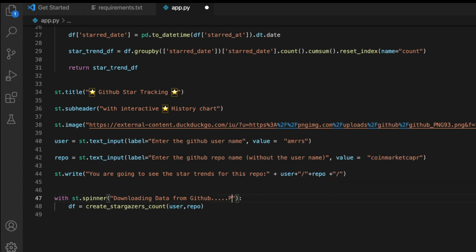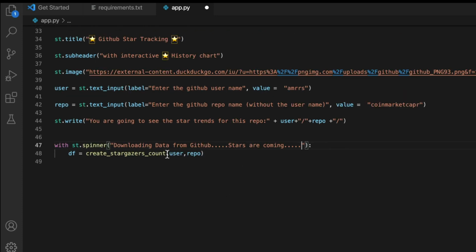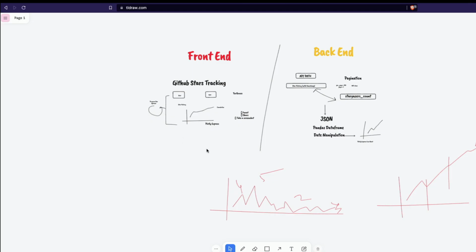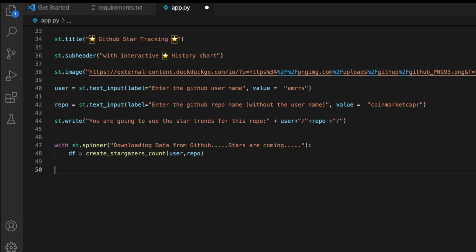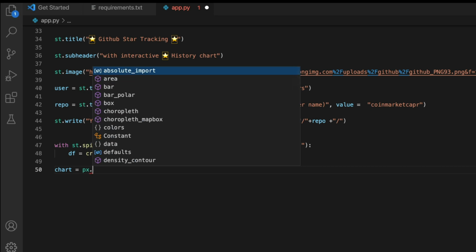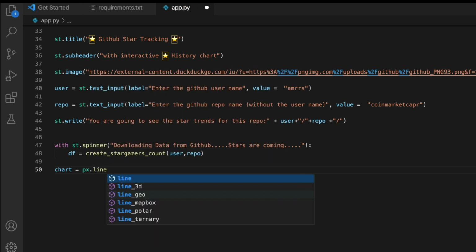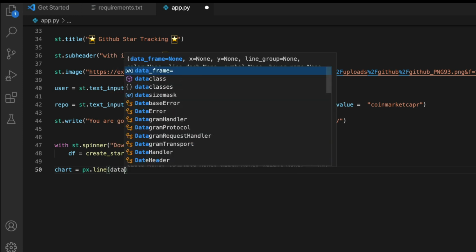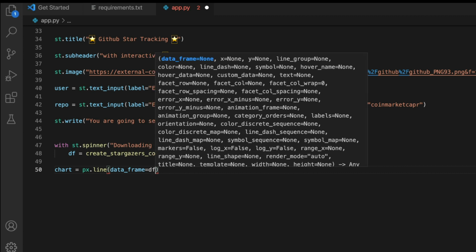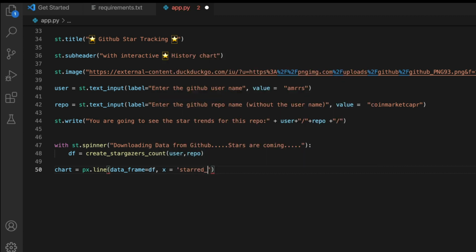And we can say please wait as well. We can say stars are coming. Okay, so now we have this message. So this part is done. The next part is we need to make a chart. I'm going to call it simply chart, and we're going to use plotly express dot line, and we're going to say data underscore frame is equal to df, x is equal to start underscore date,